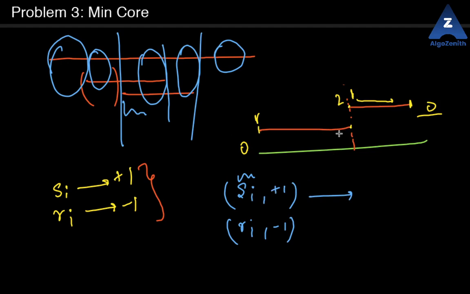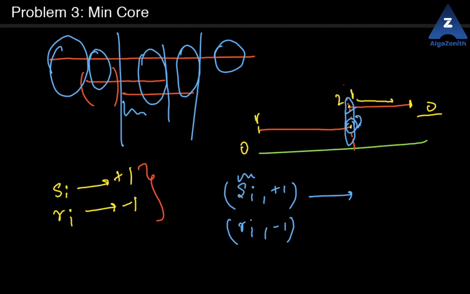How can you do that? When you are at a particular point, loop over all the things that happen at that point. So loop over all the elements that are the same as this particular value that you're seeing. When you reach this element, loop forward and see all the elements that are the same value. These will be these two elements, and process the Si's first and then process the Ri's. If you do that, then you will always be correct. Once you process all the Si's, you will always get the correct answer, and that will lead to the maximum overlap at that particular instant, and then you decrease the Ri contributions.